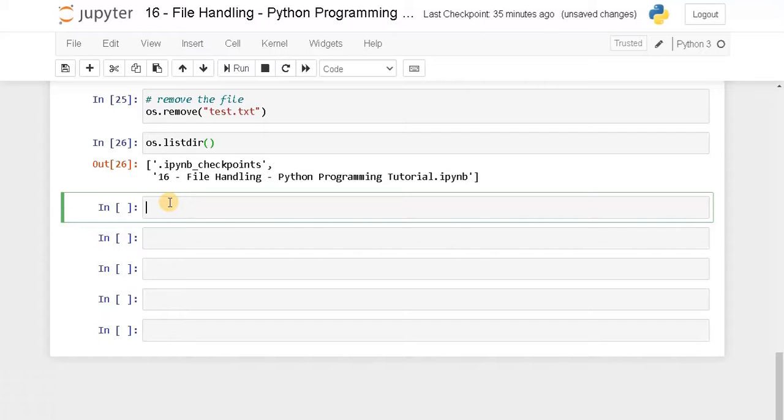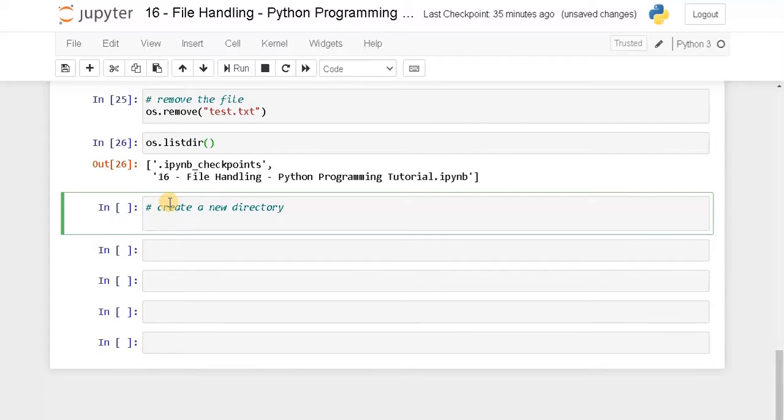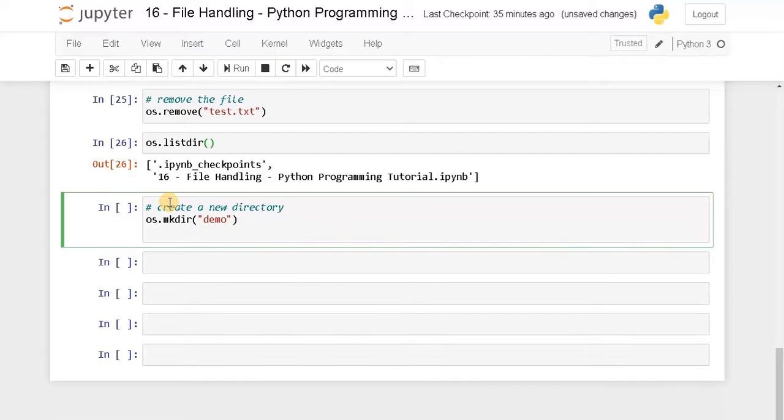Now let's see about creating a new directory. The syntax is os.mkdir. You have to specify a name for the new directory, that will be demo, and we will list the files, os.listdir.